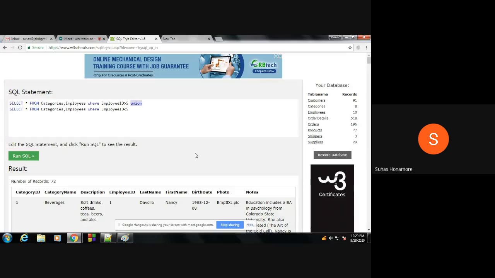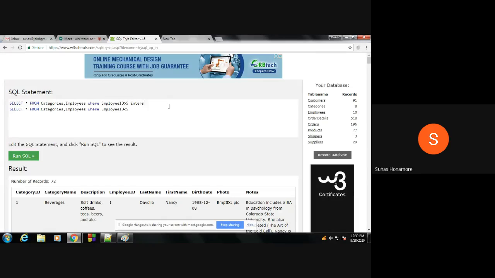Okay, so same thing here, instead of union I can give intersection also, or except we can give it, that is minus. Okay, so minus, he supported this keyword or not, I don't know. Except, okay. Whenever keywords are there, you will see the blue color. Okay, so it's coming as black only. So whatever keywords are supported, those corresponding will get it.